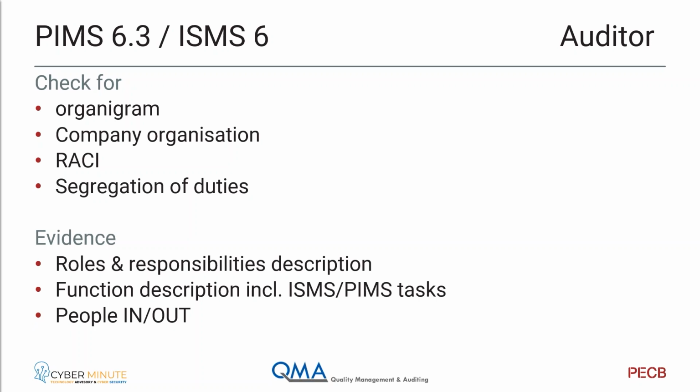Your organization, roles and responsibilities. Peter already pointed it out. It needs to be clear for us who's a process responsible. It needs to be clear for us what responsibilities are given to people in the ISMS or in the PIMS, so that we can talk to the right people, that we know where to look for what, and that we can also see how this RACI is set up, so that we can see the flow,